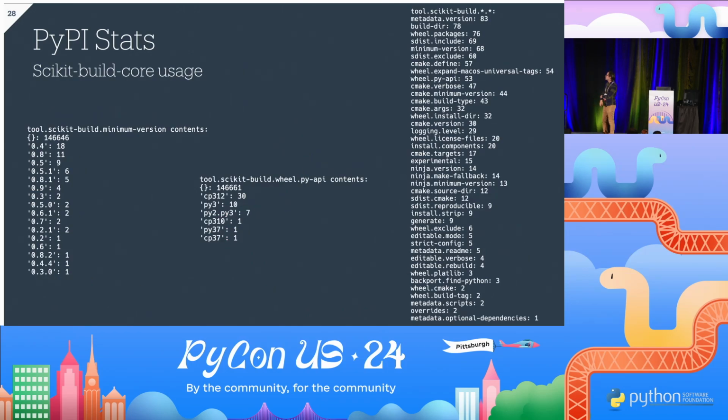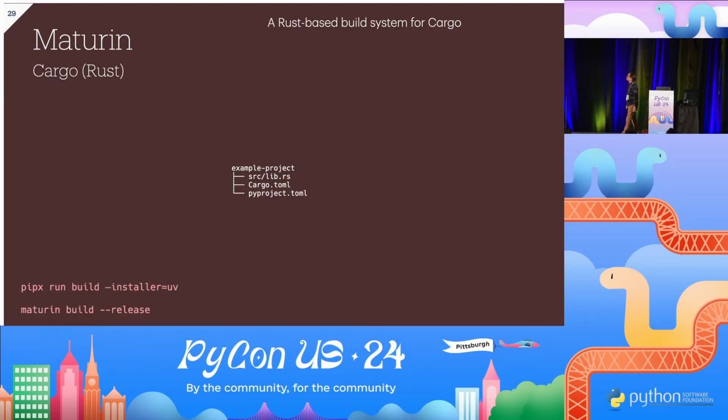I can look at scikit-build-core, of course. This is an example of what people are setting for their minimum version. I can look at how they're using the py-api field. I can look at what fields they're using and how many, and I can even ask questions like which packages are actually doing this. Okay, and then moving on from scikit-build-core, maturin is a tool for Rust,